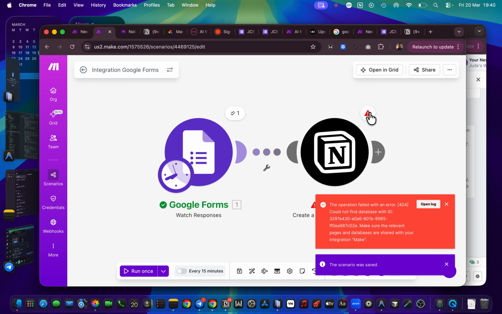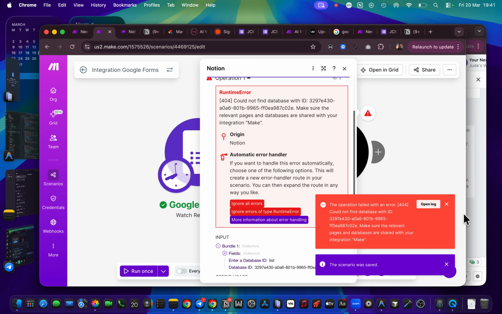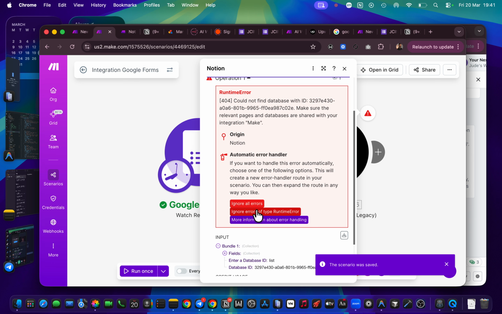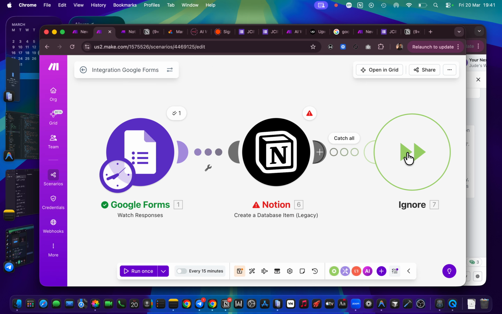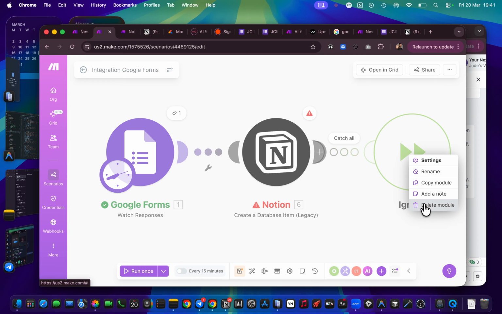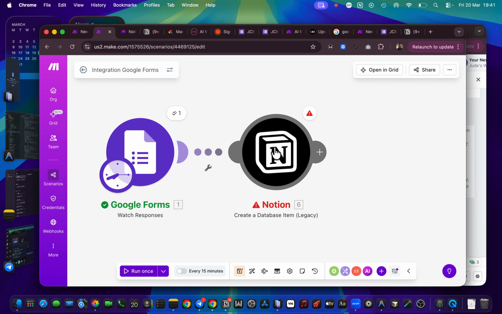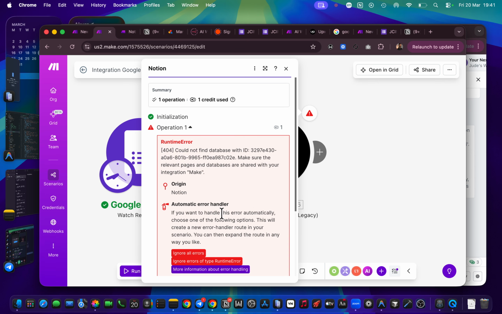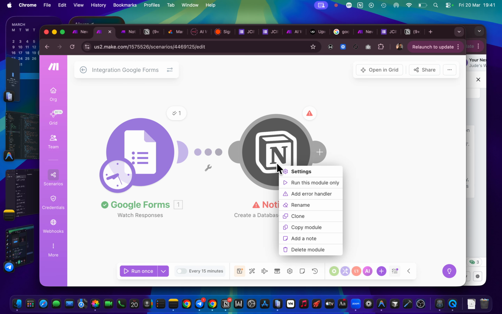You can see it is even going to recommend error handlers for us. You can see this: add error handler, ignore all errors. By doing this, it's going to create an error handler by itself. You can see ignore. Now there are many error handlers, and you need to know this. But the tool that you probably have to use is that ignore that we just added. You can add it manually rather than having to come here and click on this. You can add it manually by right clicking as well. You see add error handler here.